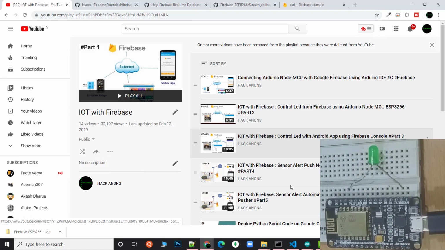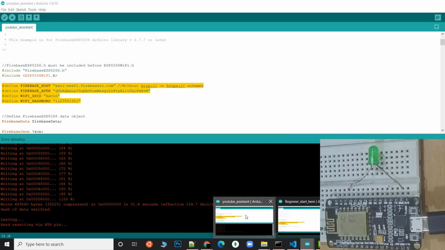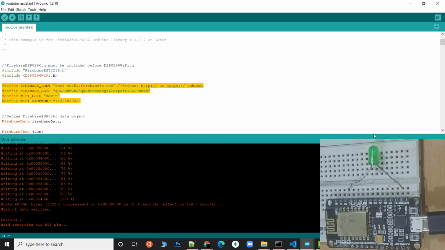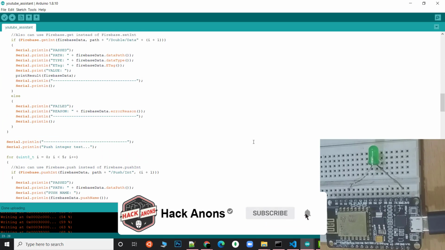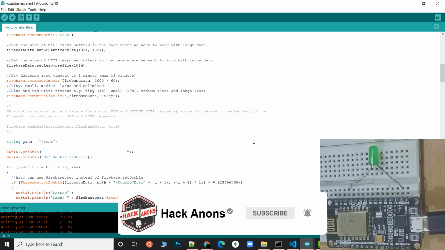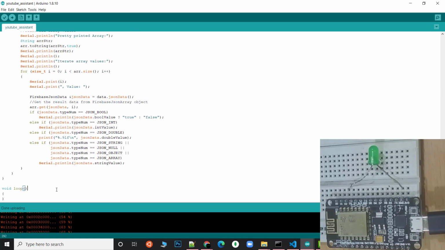But in that, if we look at a basic example of any Firebase, what we were doing was just a get call in our void loop. It is a very bad thing, because if you are doing a get call again and again in a loop, you are utilizing the resources and blocking the other things. So that's not a good thing. So the best thing is